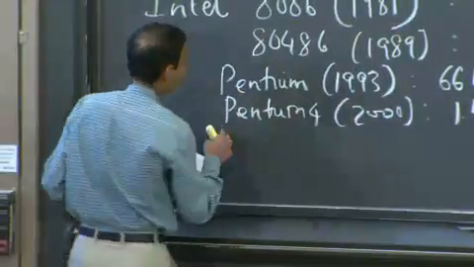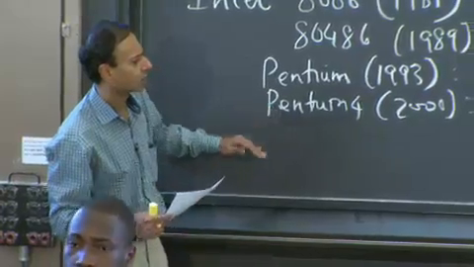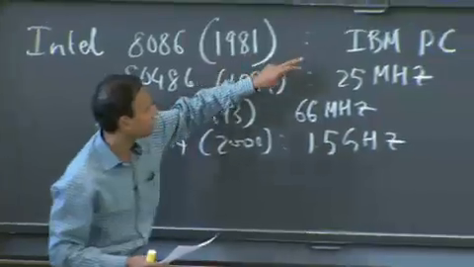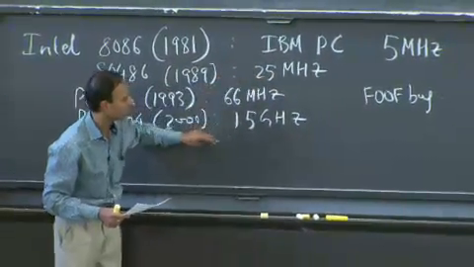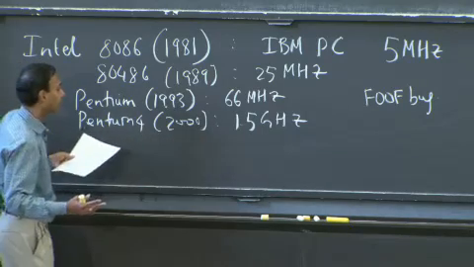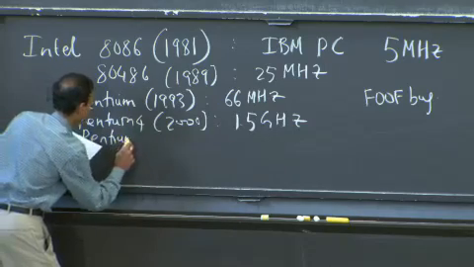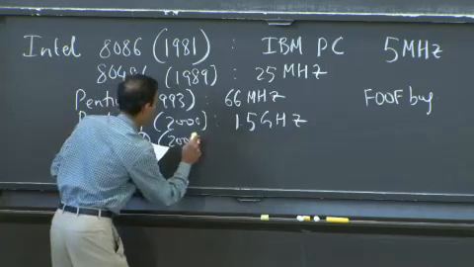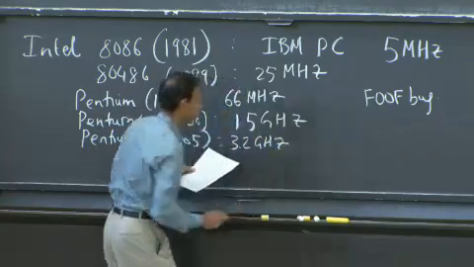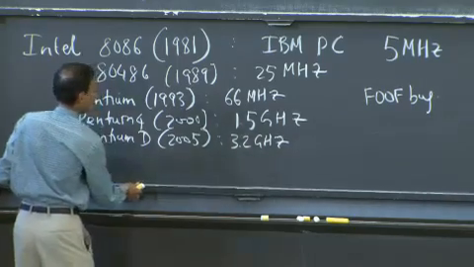And it felt like it was only going to be a matter of time before we got to tens of gigahertz the way things were going. As you can see, this is a pretty steep growth from 5 megahertz to 25 to 1.5 gigahertz in the space of about 20 years. As it turns out, after the Pentium D, which came out in 2005, where the clock speed peaked at about 3.2 gigahertz, clock frequency stopped increasing. And what you see now